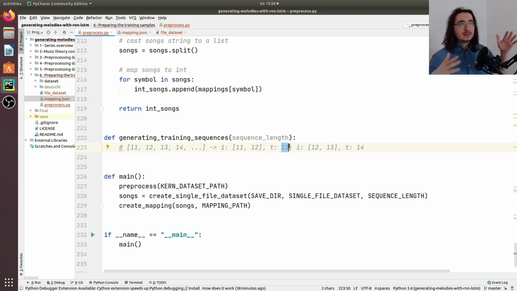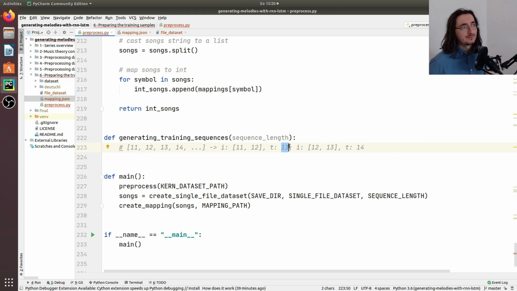And what this means musically is that we are just passing some historical information about a melody, and now we are asking the network to predict the next note, the next musical event in the melody, given a certain historical data